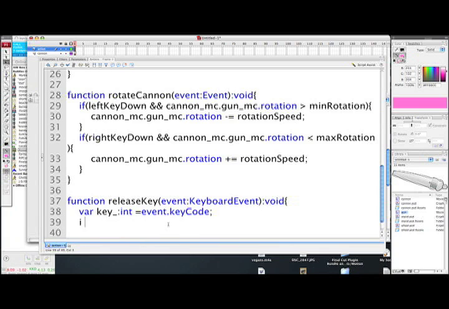Okay, so if key equals Keyboard.LEFT. So if keyboard left,